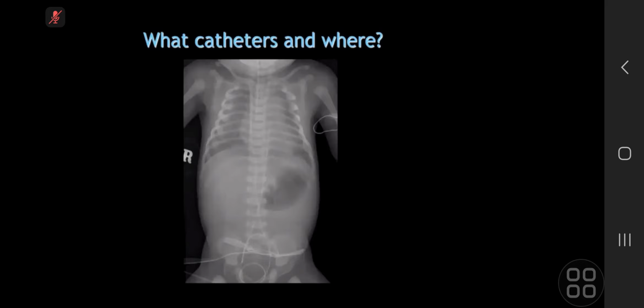So I will ask the emergency team to retract it and pull it up, while the umbilical artery catheter, I can see both umbilical artery catheters and UVC are in malposition. So if I trace down the umbilical artery catheter, it is at the level of